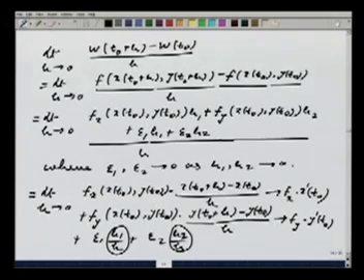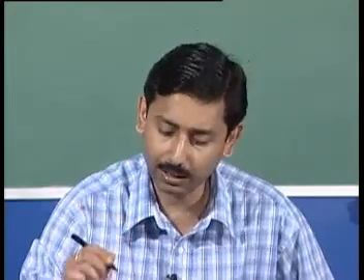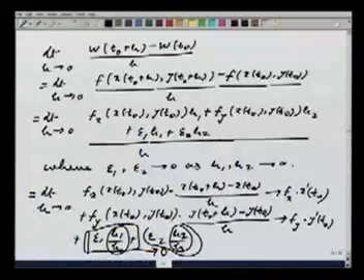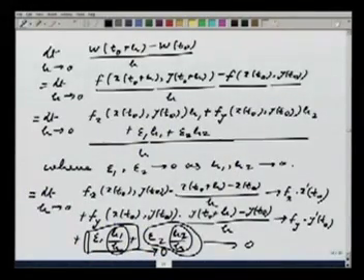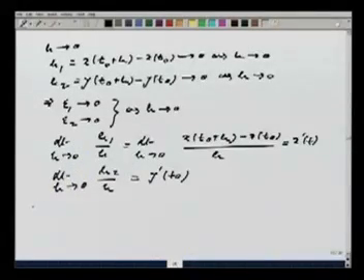So finally, what do I get if I look at the final difference quotient? The first term goes to fx times x prime at t naught, the second term goes to fy times y prime at t naught. The third term, the term here, goes to 0 because epsilon 1 goes to 0, and the remaining term h1 by h goes to x prime at t naught, that I have checked. Now I look at this term, this also goes to 0 because epsilon 2 goes to 0, and h2 by h goes to y prime at t naught. So as a whole, the whole limit turns out to be equal to